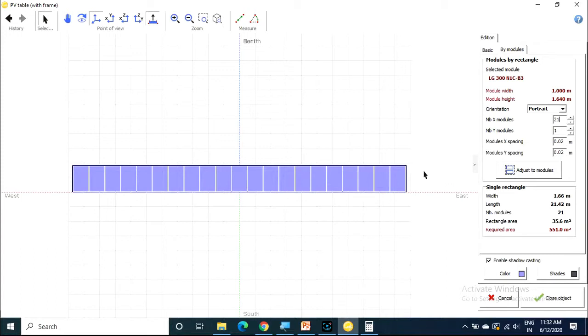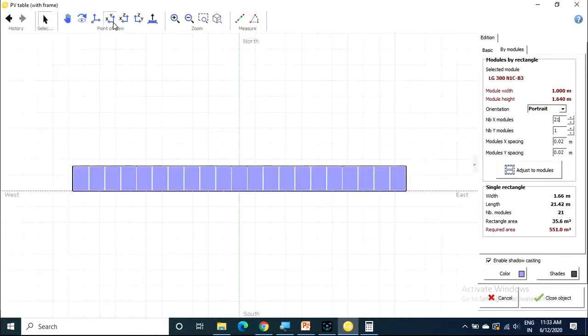Like that, how many do you have to design? 16 strings. Each string should have 21 modules. So it is very difficult to design 336 modules. You can see the different views by selecting this.